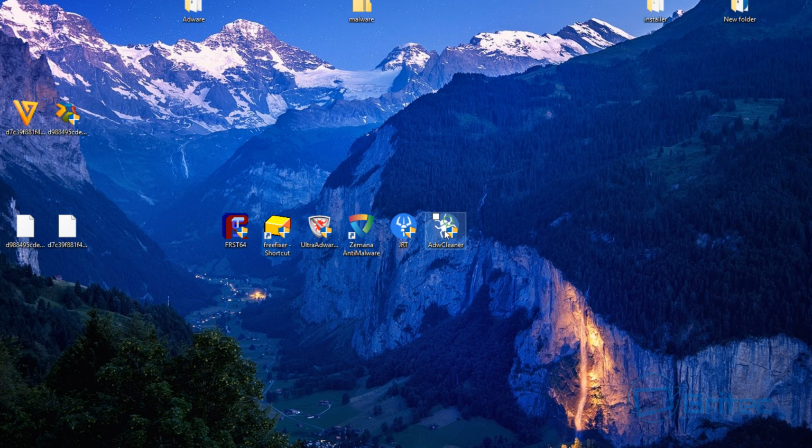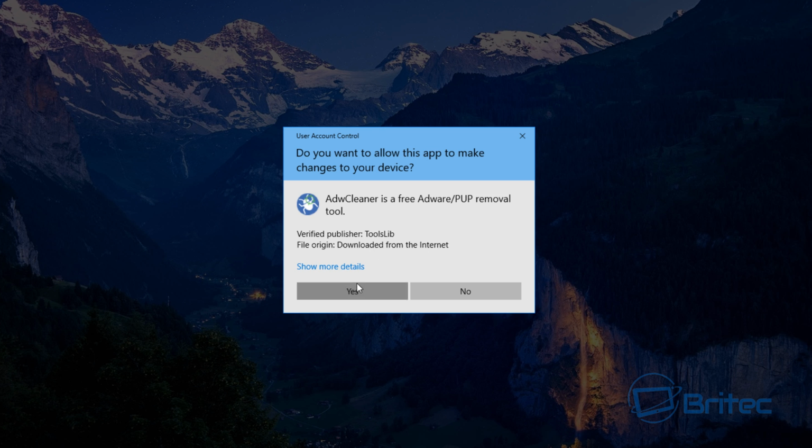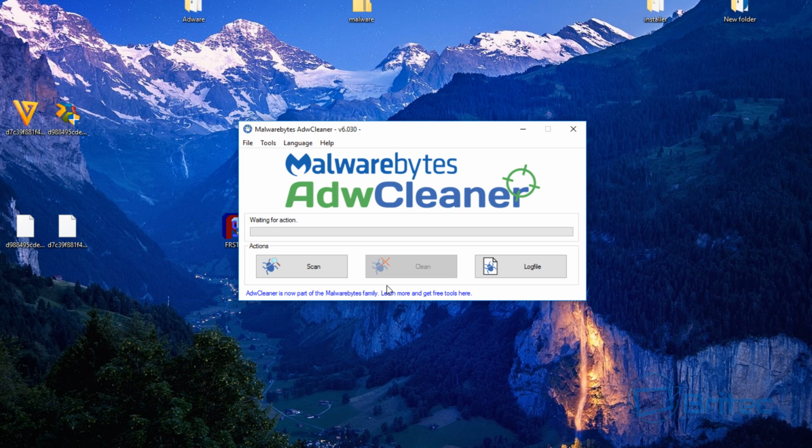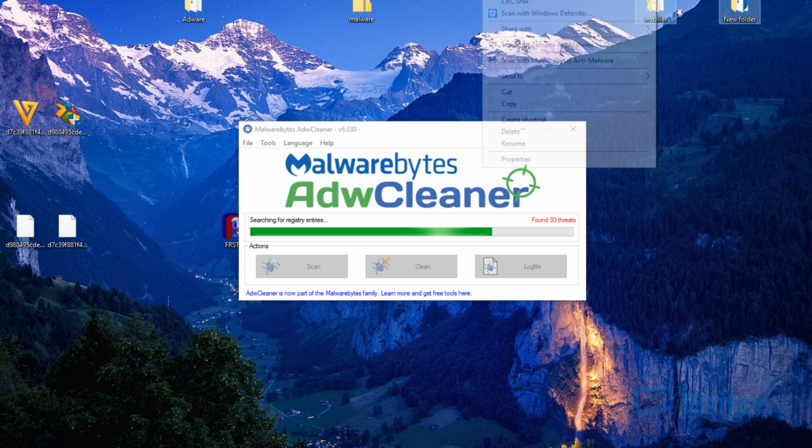So let's first start off with the ADW Cleaner. I'm going to give this a quick scan. Probably take a bit of time, but we'll leave that running. It's going to load the database and then run a scan. I'll pause the video at this stage, and while that's doing that, I'm just going to run and remove a lot of this stuff here up the top. You can remove these